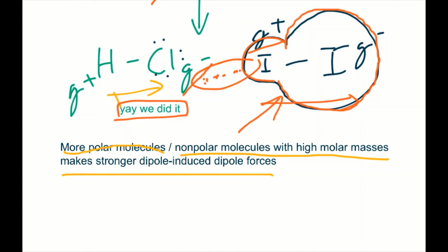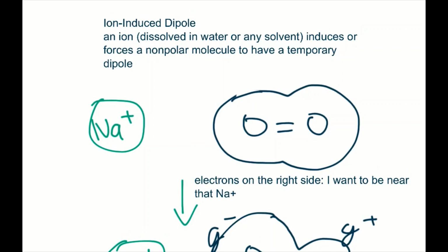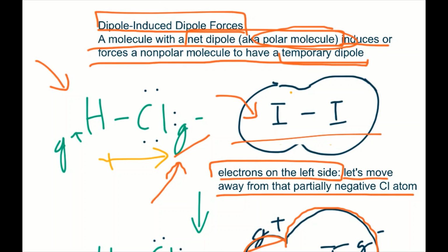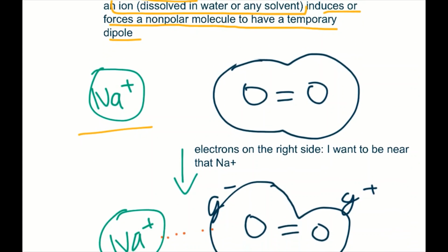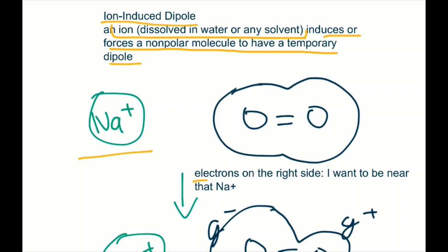So let's move on and talk about the ion-induced dipole. Now, this is very similar to the dipole-induced dipole, but this time, instead of it being a polar molecule, an ion, typically dissolved in water or any solvent, induces or forces a nonpolar molecule to have a temporary dipole. So this Na plus is positively charged, and the electrons on the right side might say, I want to